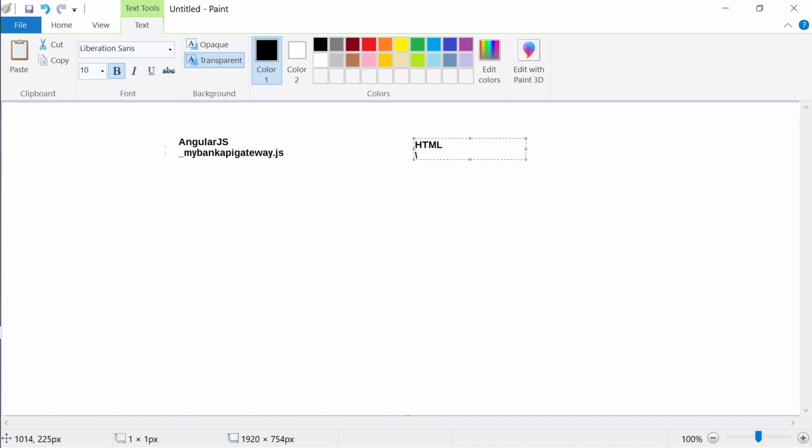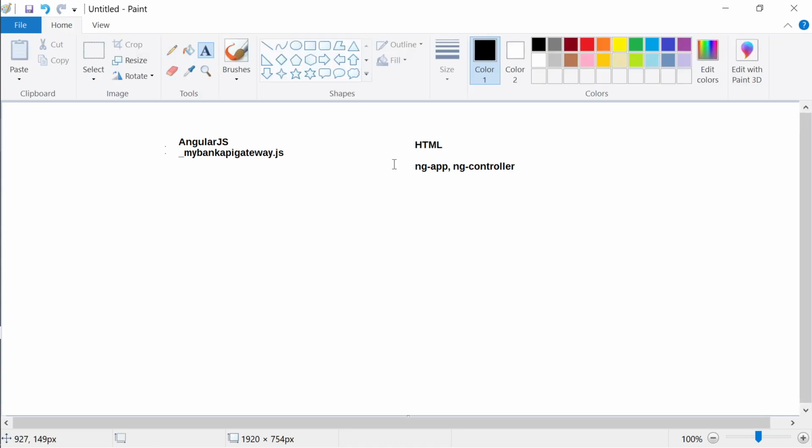I specified ng-app and ng-controller, and I gave some name to it. If you read this my bank JS code, you'll find I've implemented this app over here. Whatever name has been given over here, I've implemented over here.